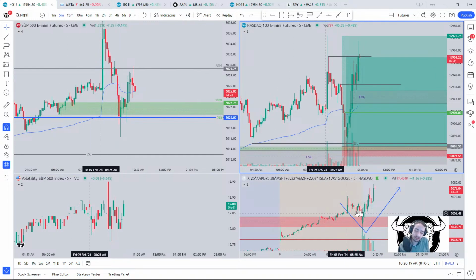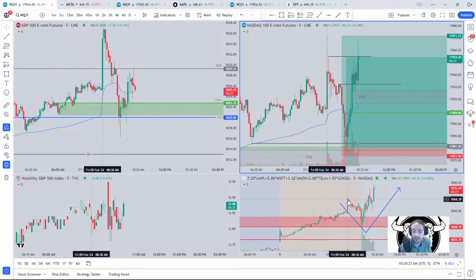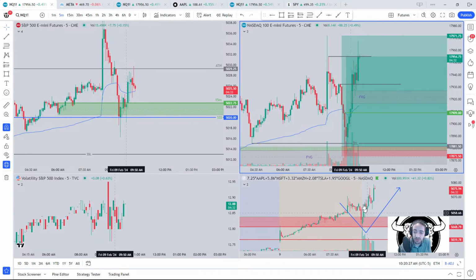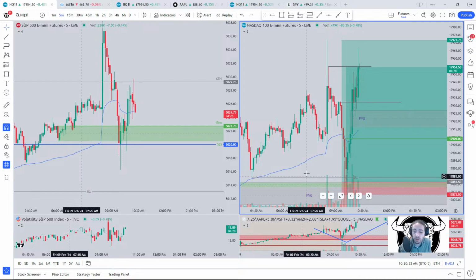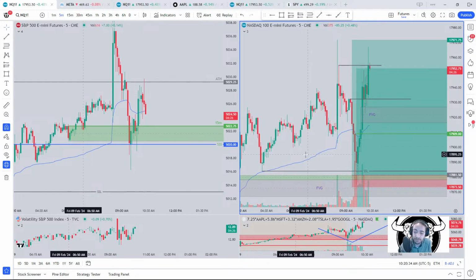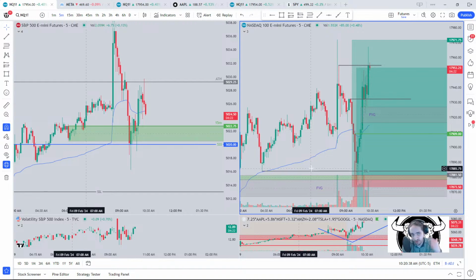I told the community to watch for the weighted indice because we were opening above supply to come down, use the supply as demand and push higher. It's exactly what we got. We got the push below the sell side liquidity on the NASDAQ along with this fair value gap holding. That was another confirmation. Fair value gap is one confirmation. Sell side liquidity, two confirmations. That right there I would have took, right?